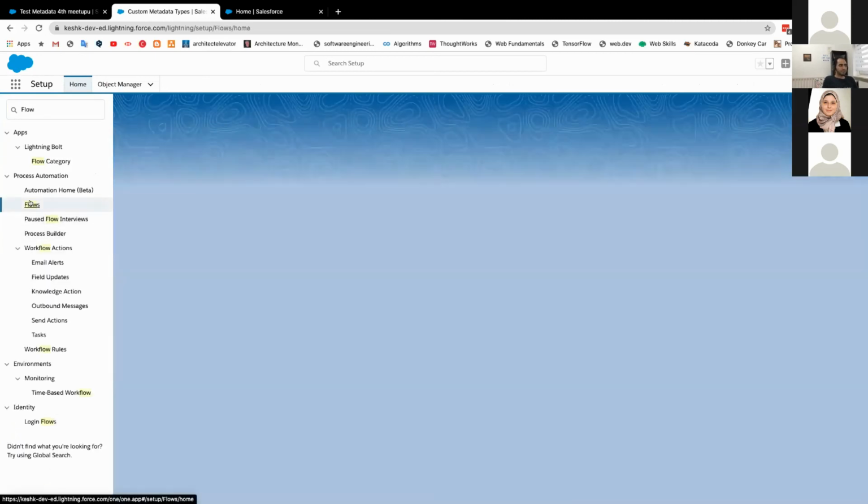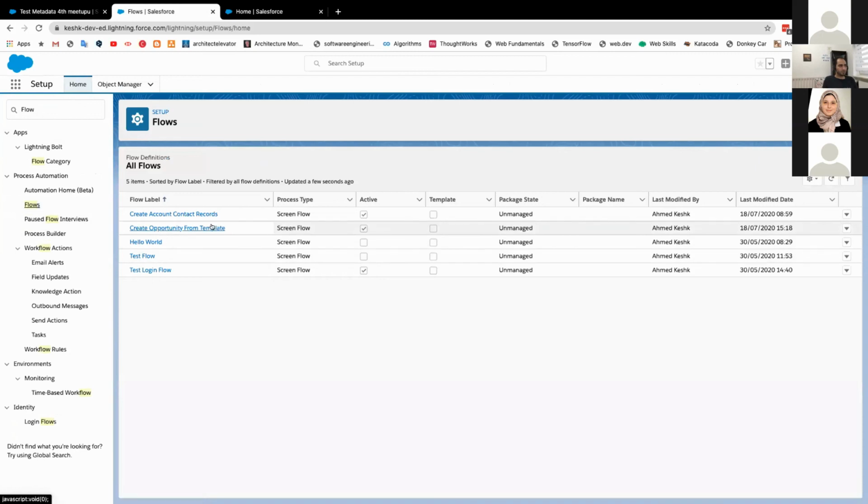But since this session is not about flow, I just want to show you how easy it is to query these configuration records from custom metadata. And then we're going to talk about the benefits of the custom metadata because it has more than that. So this is the flow. If I open it,